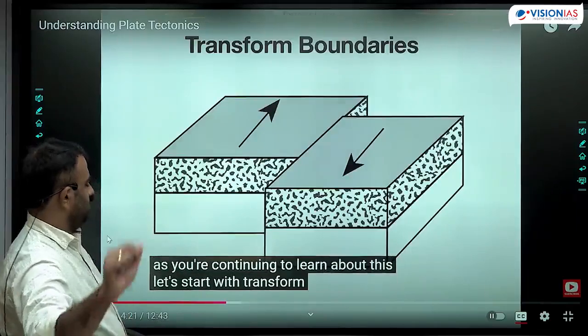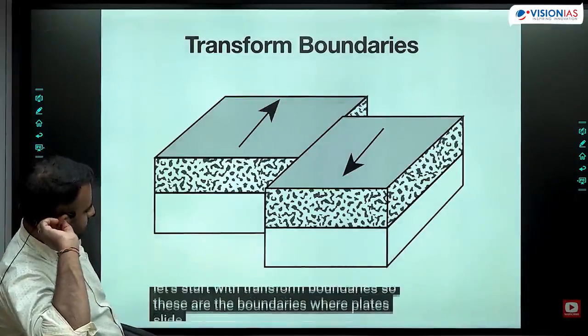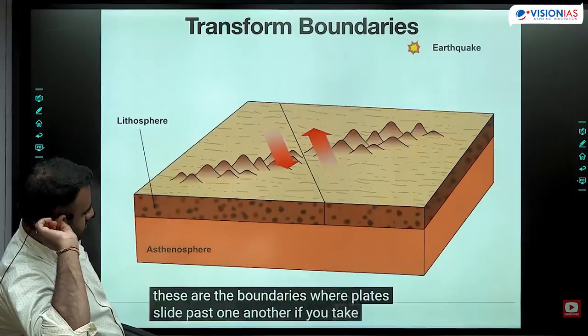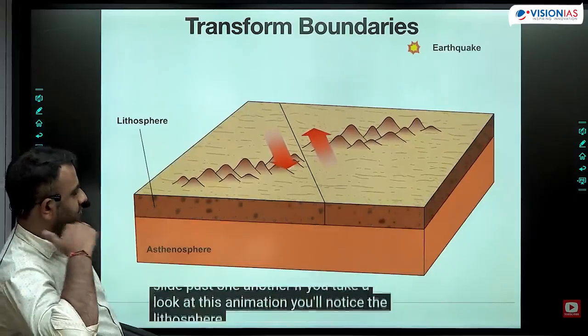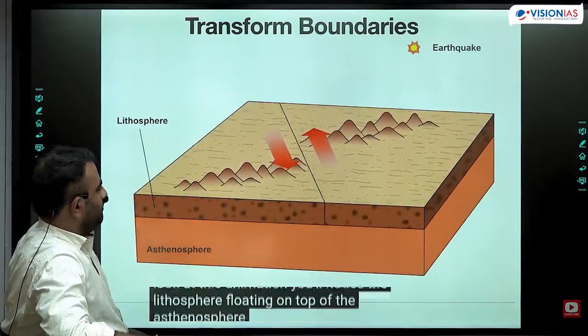Let's start with transform boundaries. So these are the boundaries where plates slide past one another. If you take a look at this animation, you'll notice the lithosphere floating on top of the asthenosphere